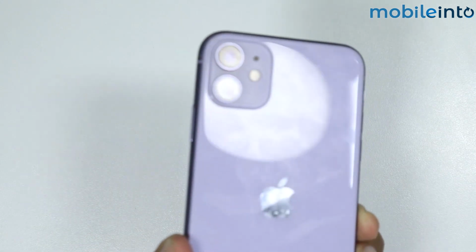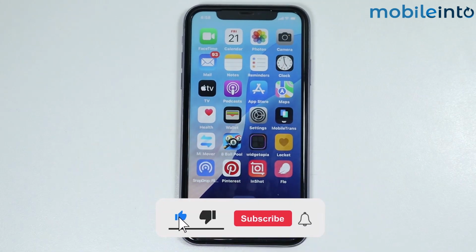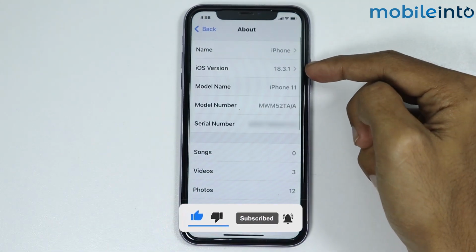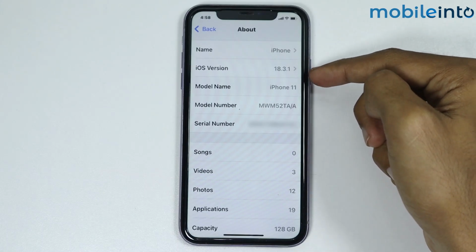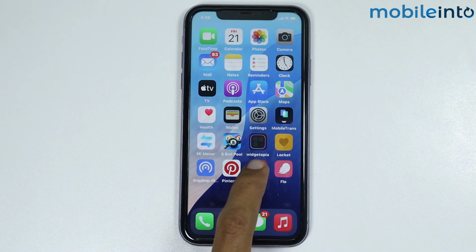Now currently I'm using an iPhone 11 to record this video, and the iOS version on our iPhone 11 is iOS 18.3.1. Now to hide and unhide apps on your iPhone, just press and hold on the app you want to